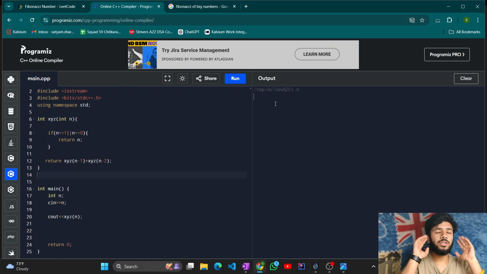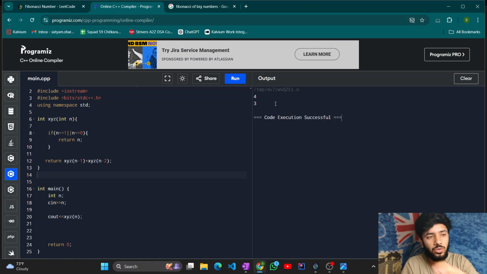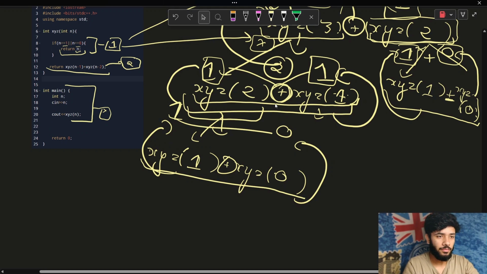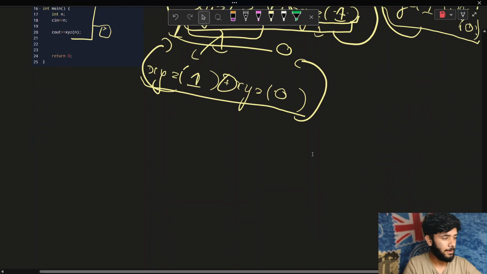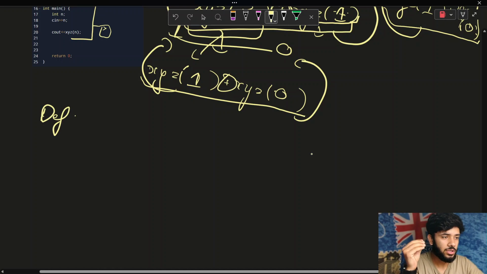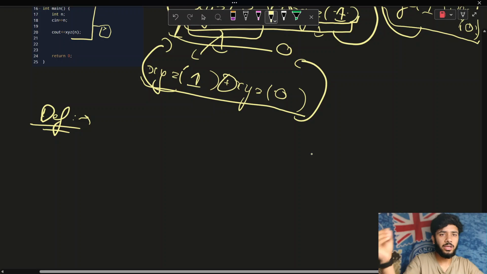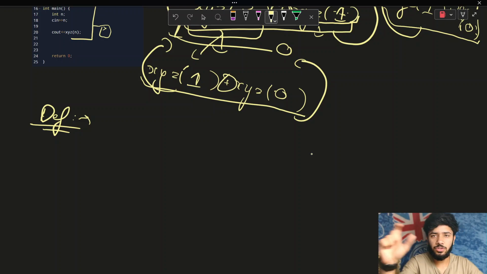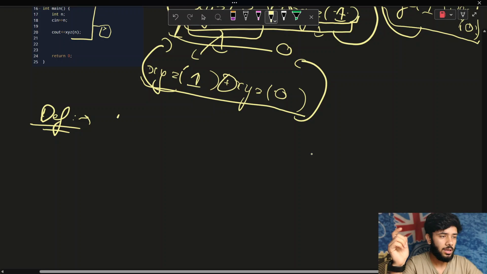So instead of just thinking, it is recursion, I will not be able to solve this, just break down the problem into simpler problems. That is what we have to do. If I have to give a brief definition of recursion, it will not be like calling a function inside a function. That is a statement which you can write in your exam. But in actual,